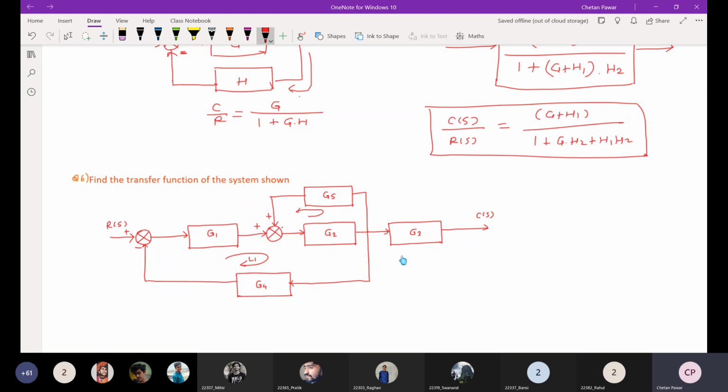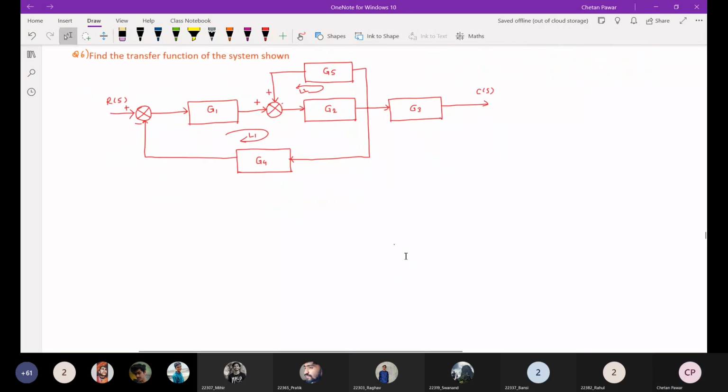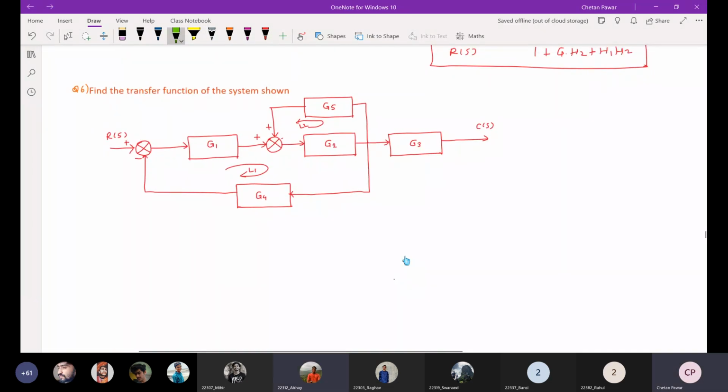The reverse direction, right? L2. Now you tell me, you will reduce L2 first, right? Is this positive feedback or negative feedback here? Positive, yes, because we are adding the feedback output into the reference input, so a positive sign is there. So this is a positive feedback loop. Now tell me the resultant gain for this particular block.